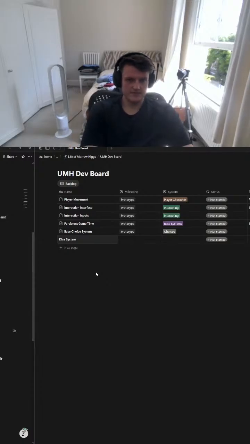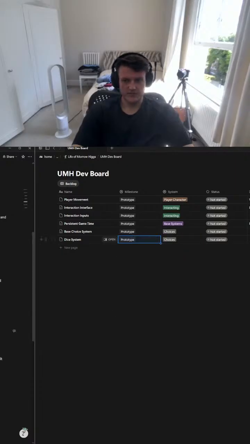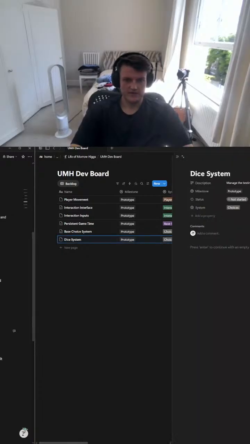Dice system. This is part of the choices. We need it for the prototype. Base choice system: manage data around choices, and manage the testing of a choice. So in the dice system, that needs to